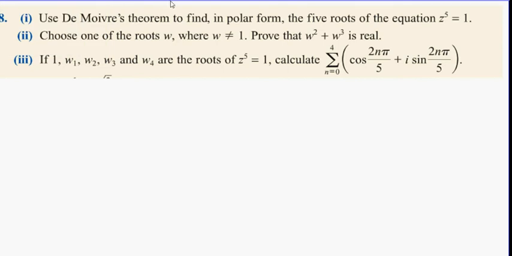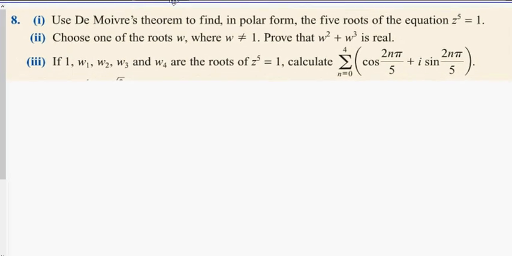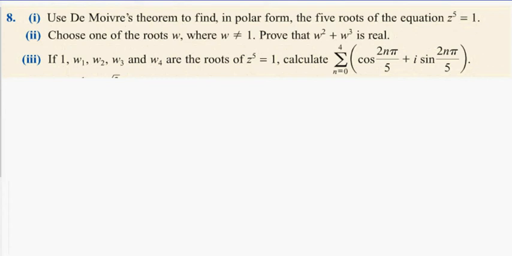Okay, use de Moivre's theorem to find in polar form the 5 roots of z to the power 5 equals 1. Choose one of the roots w where w is not equal to 1. Prove that w squared plus w cubed is real. So what we're going to do is first of all move over